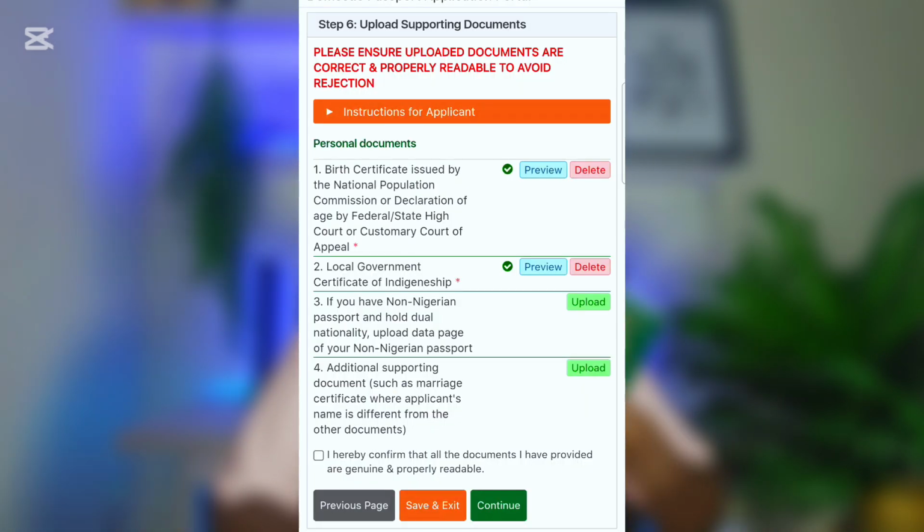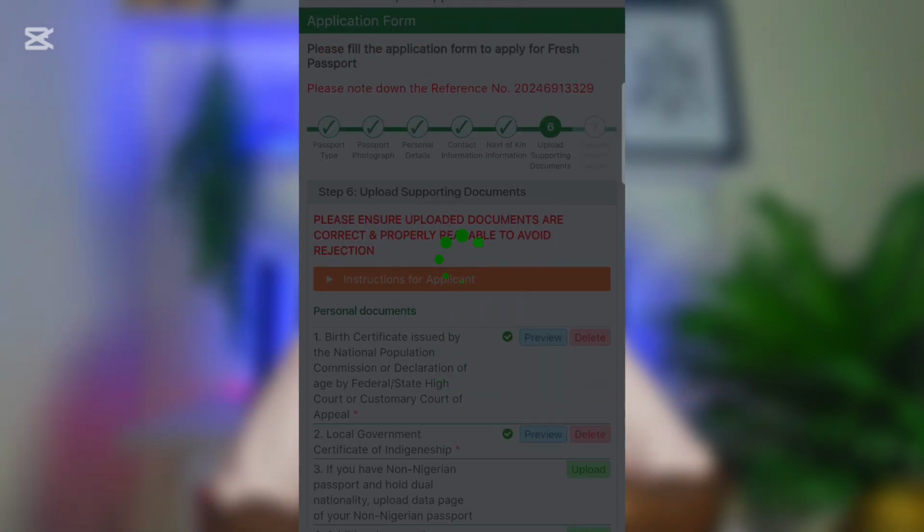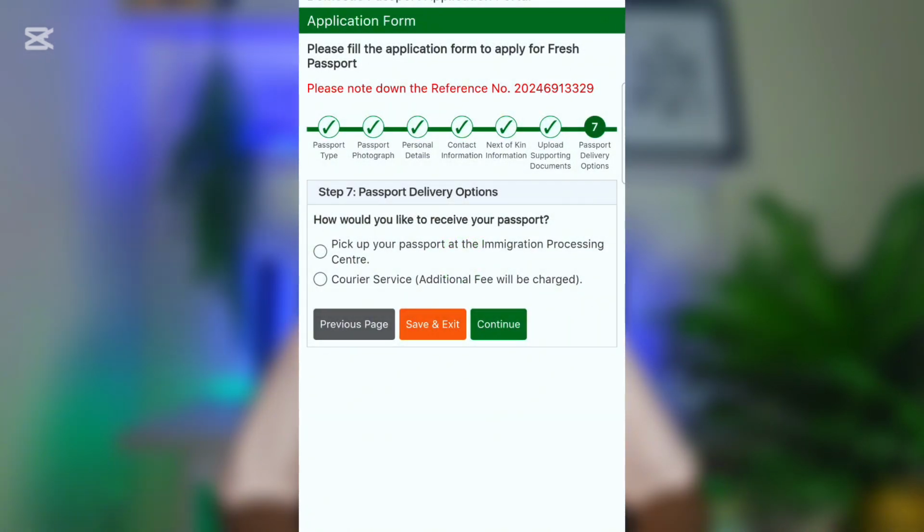Lastly, I'm just going to click on this particular place and tick the button saying I hereby confirm that all documents I have provided are genuine and properly readable. After doing this, I'm going to click on continue. Now we are going to the very last part of our application, and they're asking you